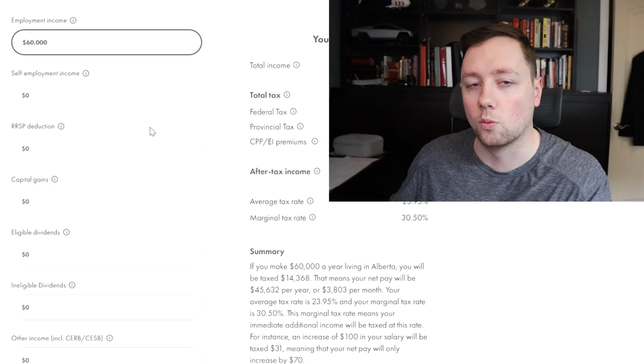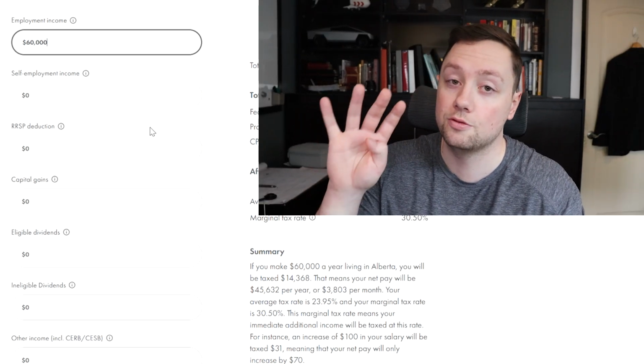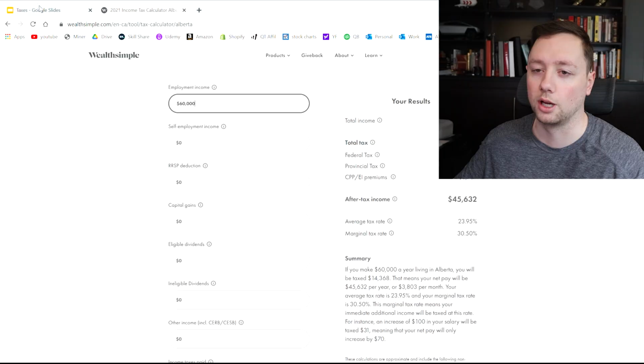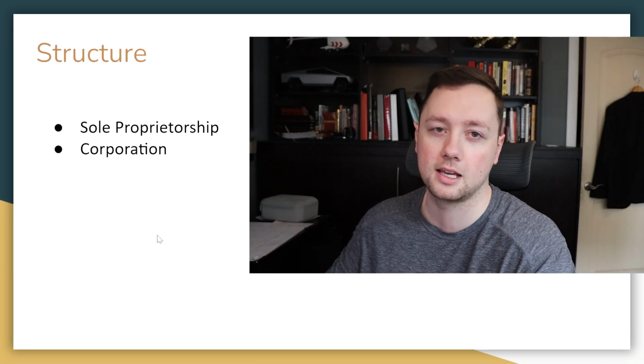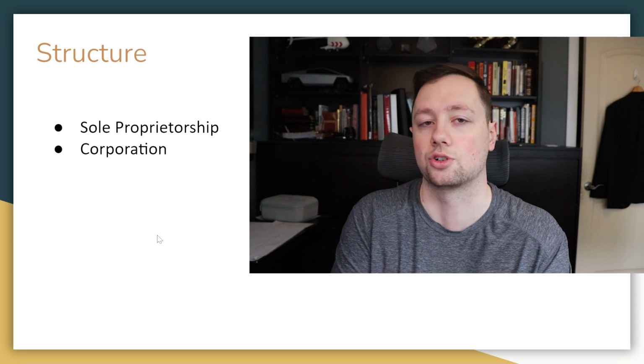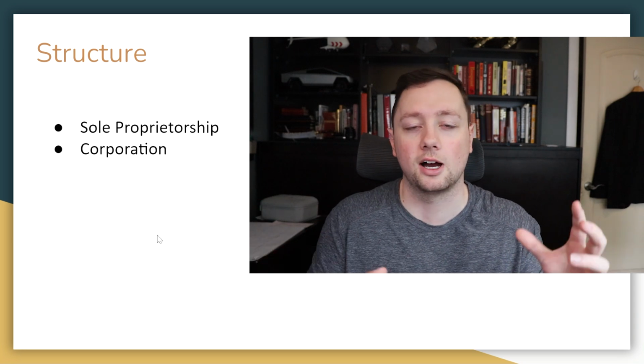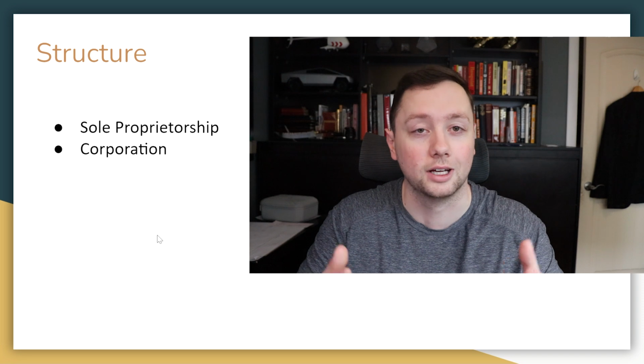And you need to be well aware of which category you fall into based on the 4 criteria that I outlined before. Now, if you do fall into the category of business income, there's a couple different ways you can structure this. Number one, you can just classify your profits as additional income.